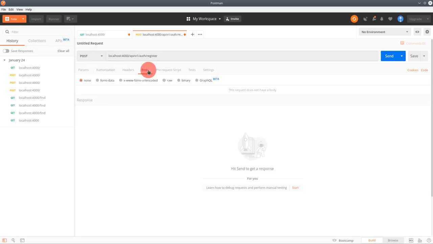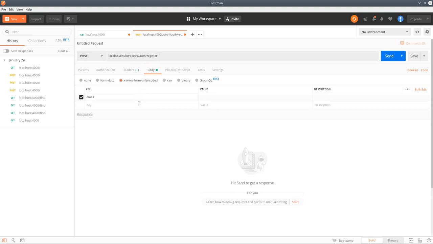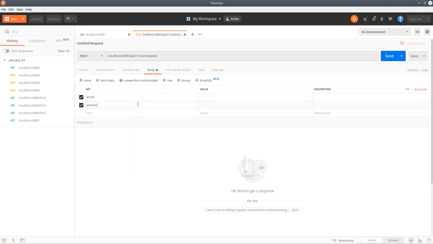So two things we need from the user, that's the email and their password. Now I'm going to pass in the email, say dummy at email.com. Password is password. Hit this